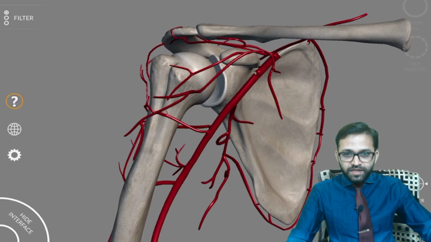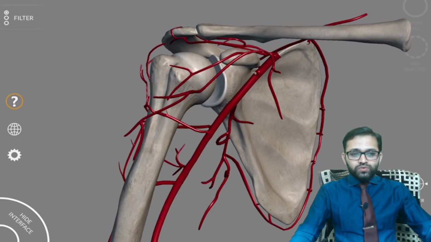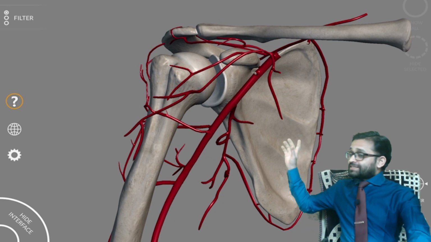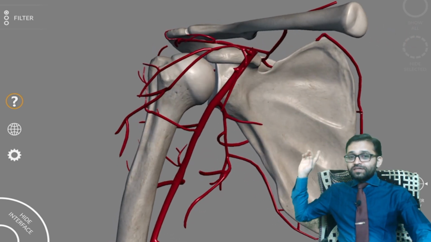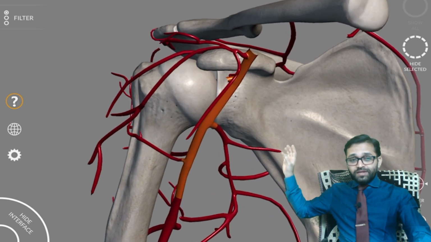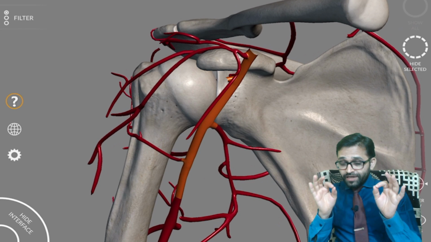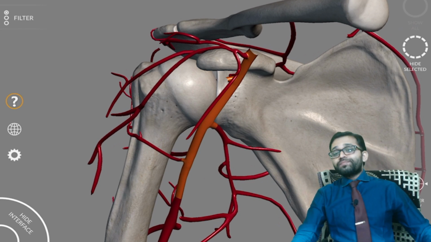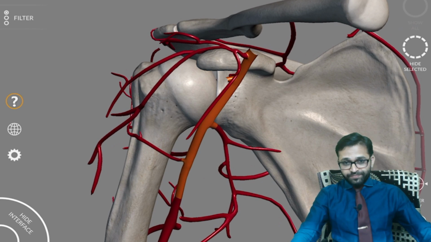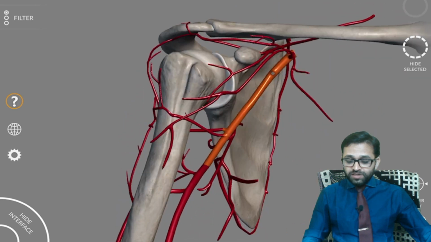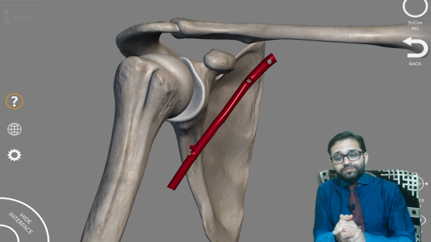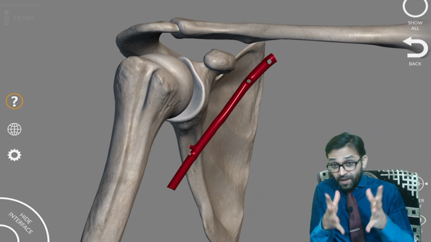Hello dear students. So now in this part we are going to observe the axillary artery. Can you see this three-dimensional model? We are going to look at this axillary artery. In our introductory class of the upper limb, we saw the arterial supply of the upper limb in a short and sweet way, but right now we are going to look at the detailed points about this artery running in the axilla and its different branches. We will see the magic of the axillary artery.